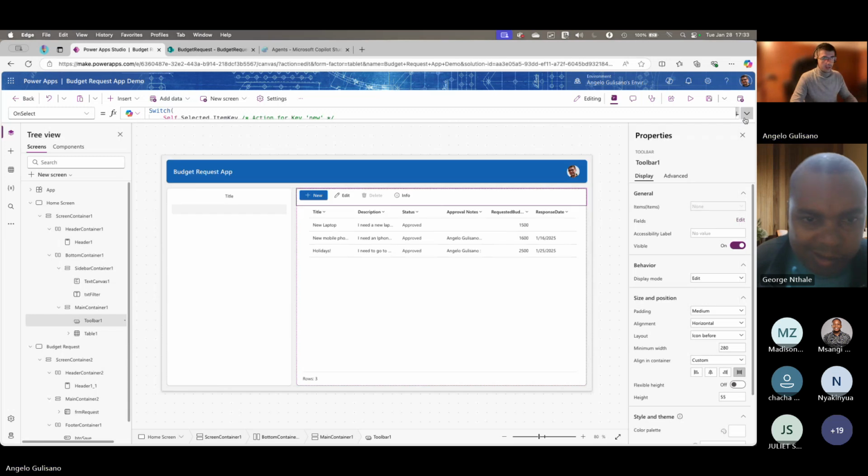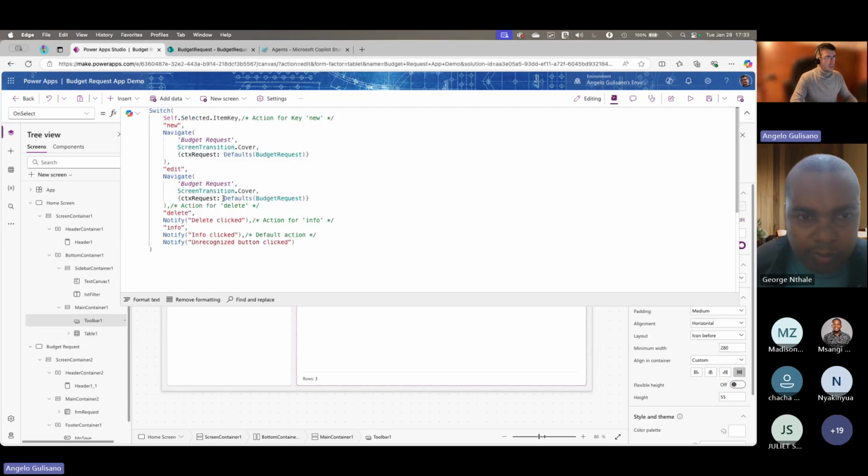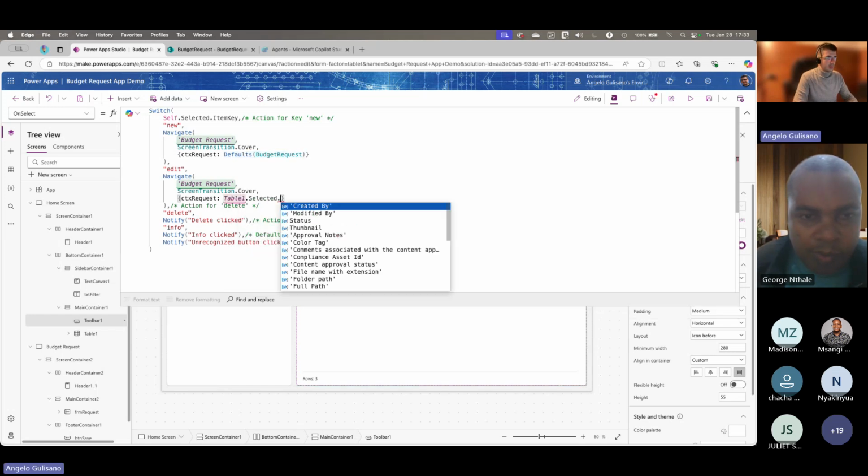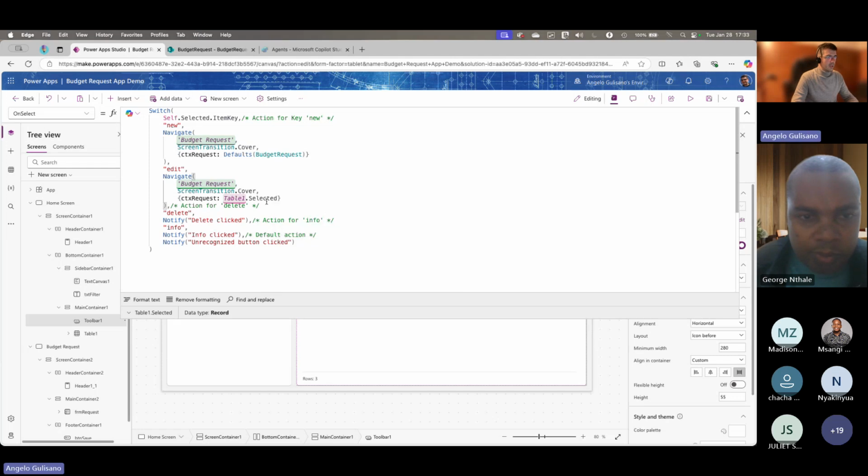So here is table 1. So we can take the table 1 dot selected, and we can pass the selected item to our table. Then we should do delete, etc., etc. But for the demo purpose, we just add the new and edit.